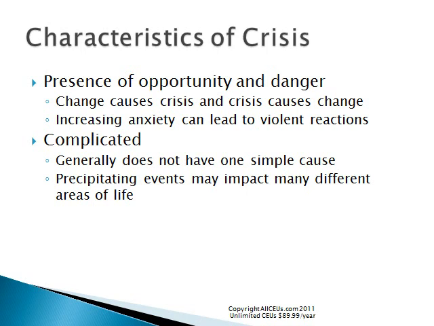Crises are also complicated. It's not simple. Jim Bob didn't wake up in the morning and decide to go take a whole bank hostage for no apparent reason, or just for one reason. There's generally a lot more to it than that. Precipitating events may impact many different areas of life. For example, maybe he lost his job, which led to him losing his house, which led to him losing his wife, which led him to act out in desperation to try to get someone's attention because he didn't feel anybody was listening to him. That was the main storyline on the show I watched last night, but it underscores the point.